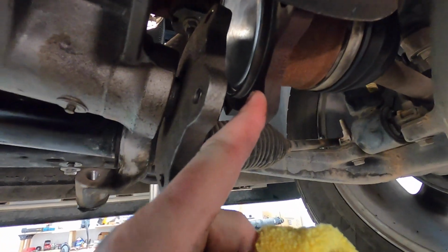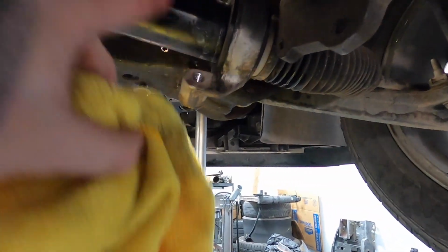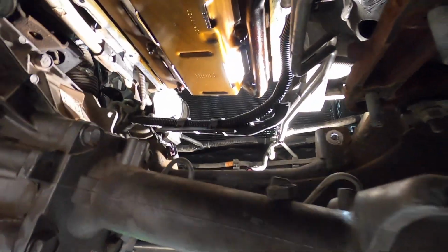Because this is all-wheel drive, it's not just a simple walk in the park to do it. So what we had to do, we had to drop the sway bar, we had to drop this cross member, we had to disconnect the front diff from the axle itself, and then from these two bolts up here. Then it dropped down, and then I had to disconnect the steering rack, and then that gave me enough room to actually drop the pan down and realize that the damn bolt was not even in there. So anyways,